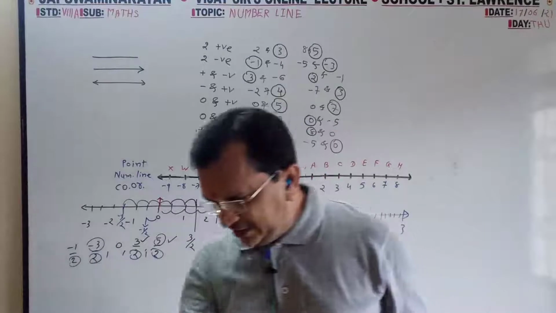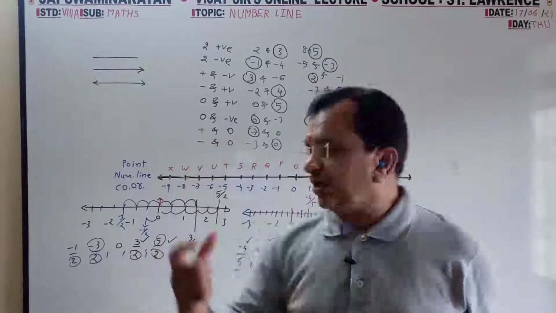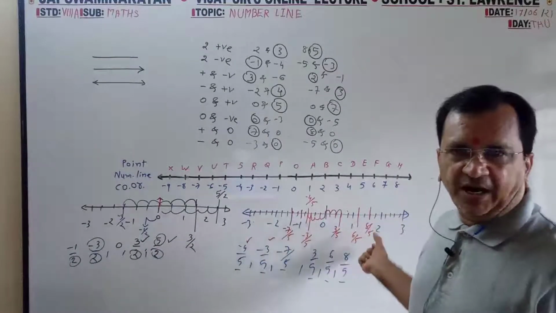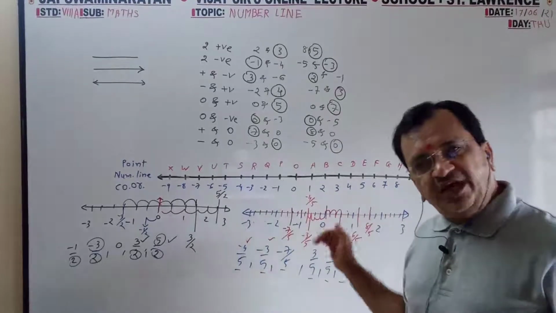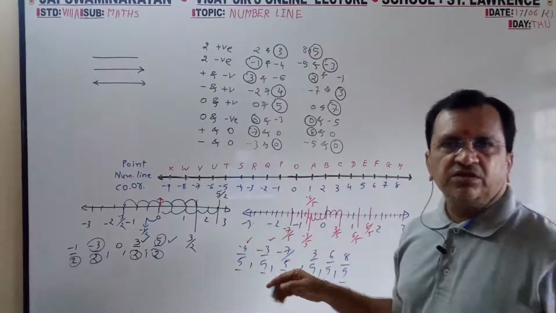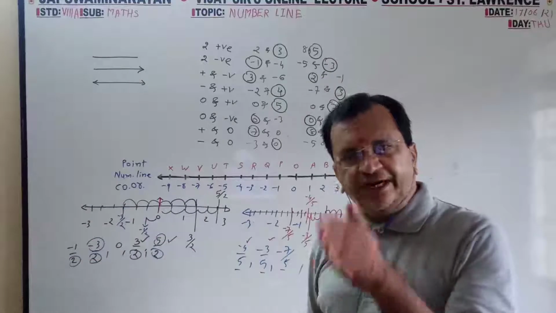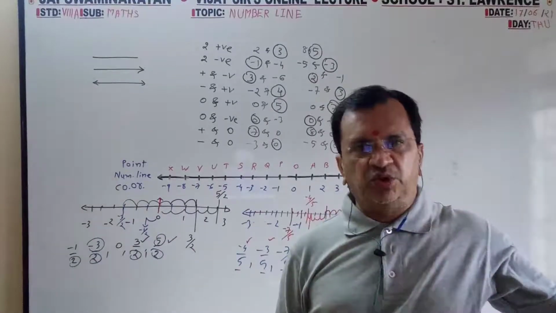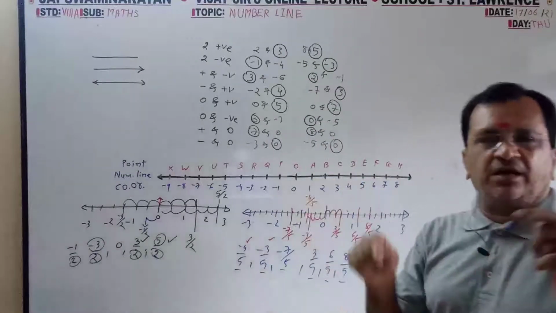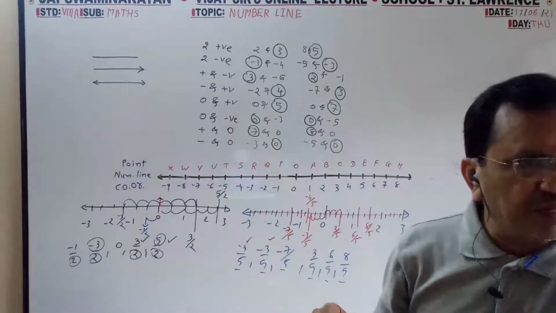So if all the denominators are same, according to that you have to make the part of that 1 part on the number line, and then you have to count only the numerator. Positive means from 0 to right side. Negative means from 0 to left side. And these I have shown, that is how you will compare two numbers. Correct?